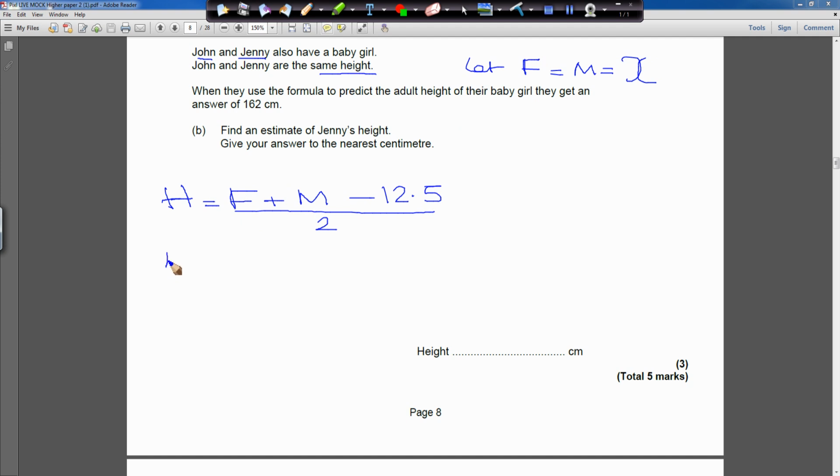So we say now H. Now the H is what we know. The answer, the height of the baby, we know is 162, which goes here. So we can now write the height as 162. So 162 is equal to, we said F and M are both equal to X, so X plus X, minus 12.5